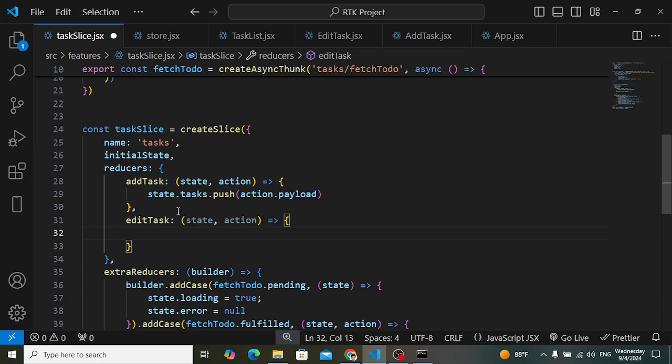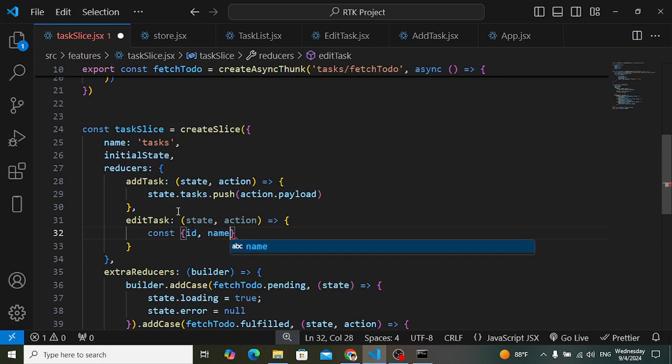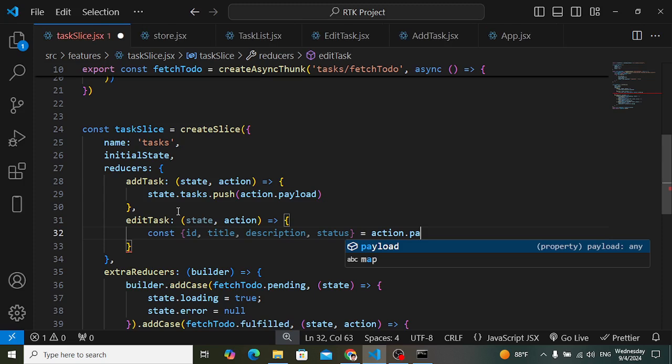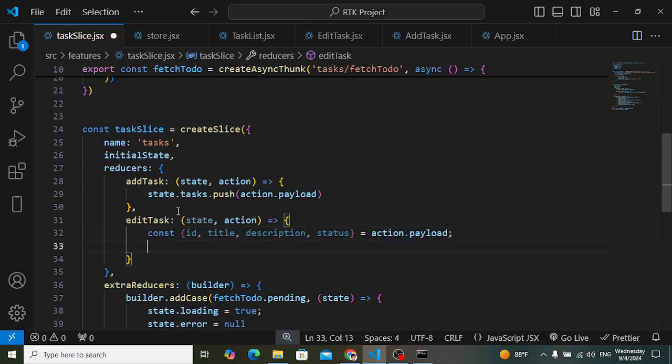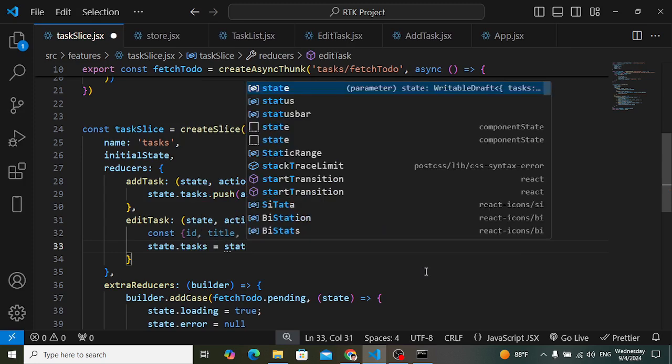So that's it. So first of all, I will just destructure all the fields, const id, title, description, and status is equal to action dot payload. So after destructuring all these fields, now let's check for the existing task. It means that first of all, we will just find the task that we would like to edit, then we will update the fields. So let's now write state dot tasks is equal to state dot task